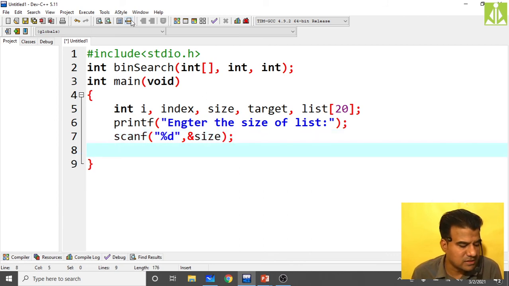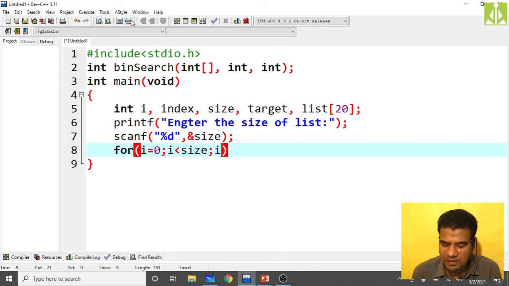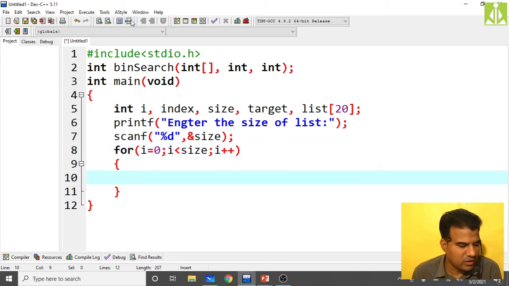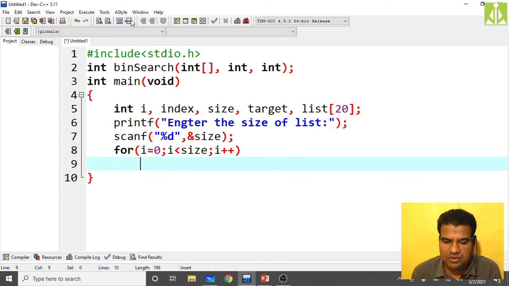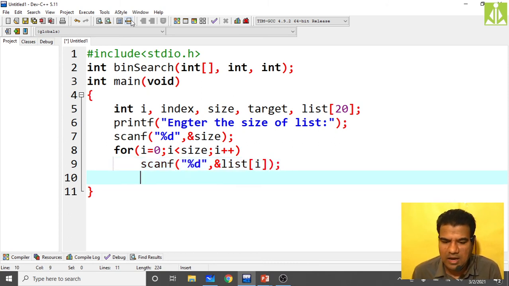After having the size in hand, run a loop to read all those elements: i equals 0, i less than size, i plus plus. As we are performing only one scanf statement, there is no need of a compound statement. So scanf to read the elements: %d, &list[i].